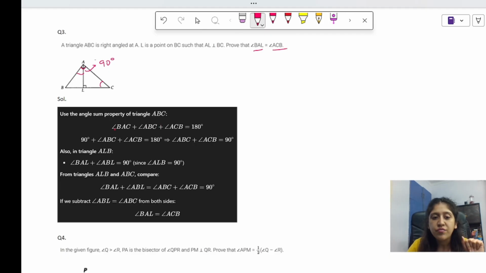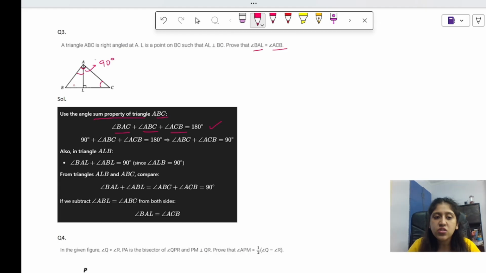What do we have to do? We have to use angle sum property. What does angle sum property say? Angle sum property मतलब होता है all the angles that lie in a triangle, they sum up to 180. Alright? So if I see for a triangle ABC, ABC कौन सा है? The बड़ा वाला triangle, the outside triangle. So if I add up, I'll get BAC angle, angle ABC and angle ACB, they add up to 180. All the angles lying on ABC triangle, they add up to 180.